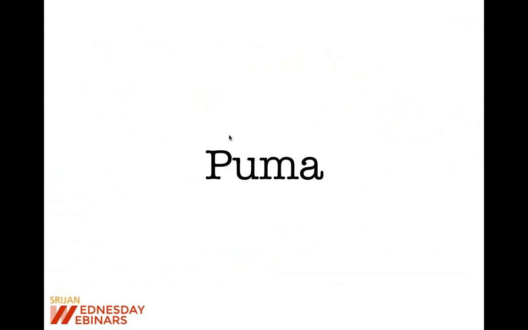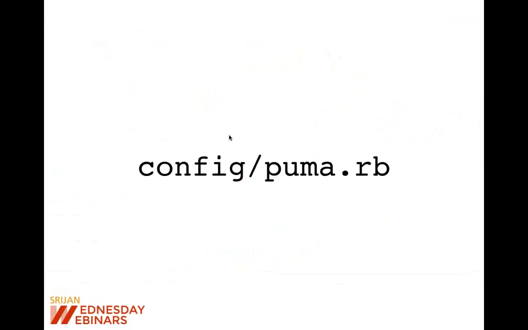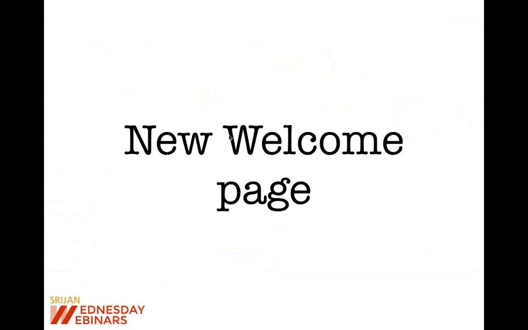In production, you can use a different server for Action Cable and a different server for your application. But in development, we don't want to have too much complexity by introducing two servers. So the problem was solved by introducing Puma as the default web server. Newly created Rails 5 apps will also come with the configuration file, config/puma.rb. So you don't have to create this file by yourself. It will always be there.